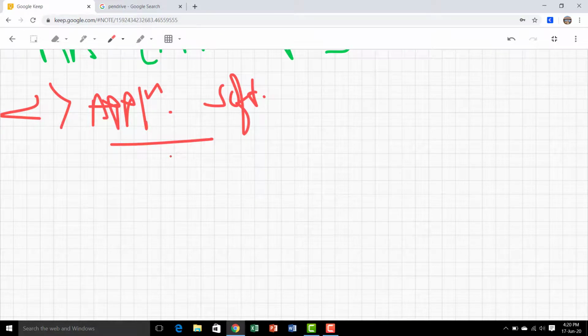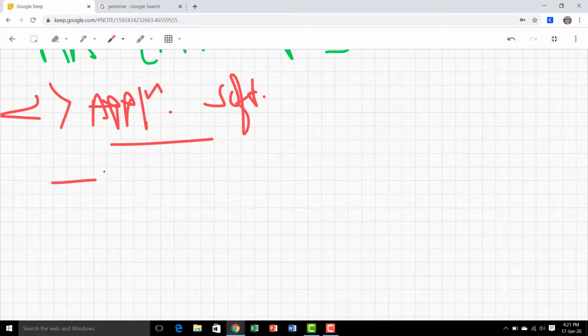Understand? When we want to type, we can use Notepad, so Notepad is one kind of application software. MS Paint is also one kind of application software.